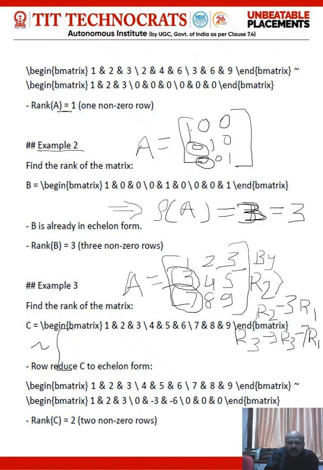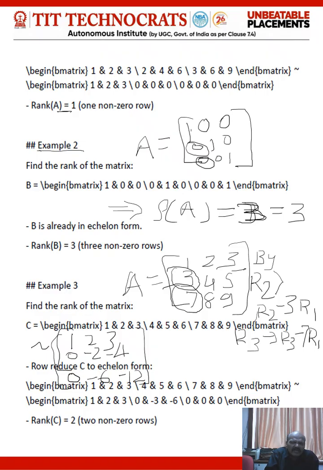तो मैट्रिक्स क्या बन जाएगा? दिस मैट्रिक्स इज इक्विवेलेंट टू 1 2 3, फिर 3 minus 3 0, दूसरा रो का पहला एलिमेंट, फिर 4 minus 6 -2 यहाँ आ जाएगा, फिर 5 minus 9 ये -4 आ जाएगा। इसी तरह 7 minus 7 ये 0 आ जाएगा, 8 minus 14 ये -6 आ जाएगा, 9 minus 21 ये -12 आ जाएगा।